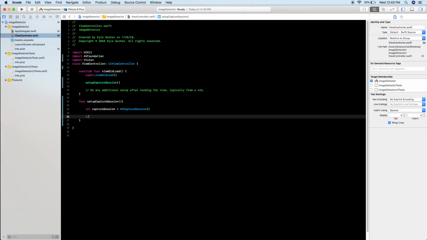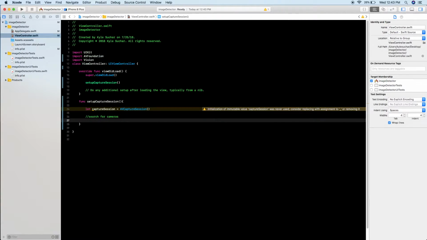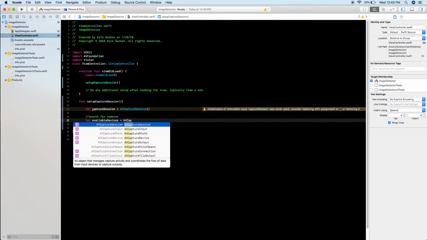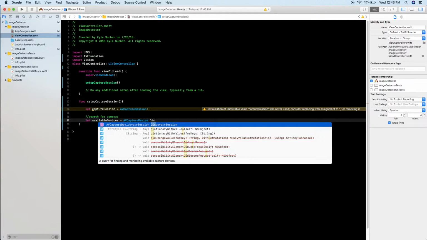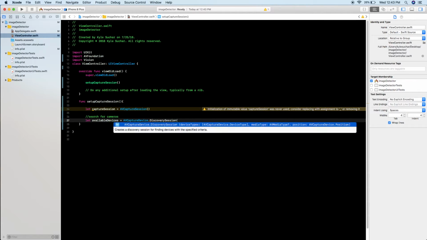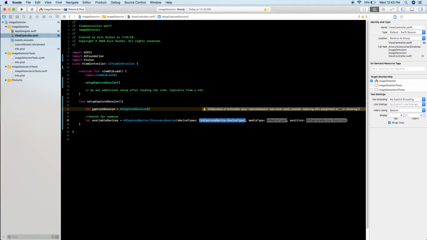And now we need to search for available devices or like available cameras. So I'm just going to say search for cameras. And so we can say let availableDevices equals AVCaptureDevice.DiscoverySession open bracket. And this is what got me, it had me tripped up for a while, and so I looked at the documentation, but essentially all you need here is